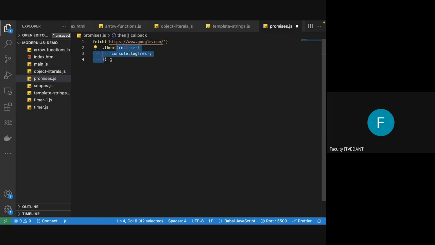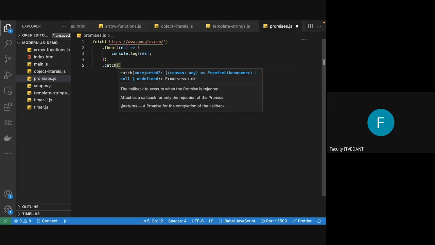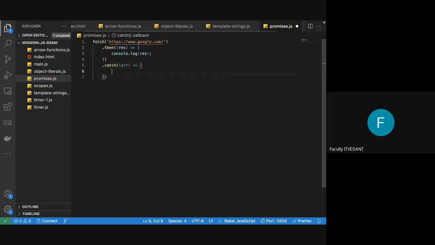And if it is a failure, then we use the dot catch function. The catch function again accepts a callback function, but it will return me the error. If there is an error in your response, then that error will be printed over here. Now if you call this,